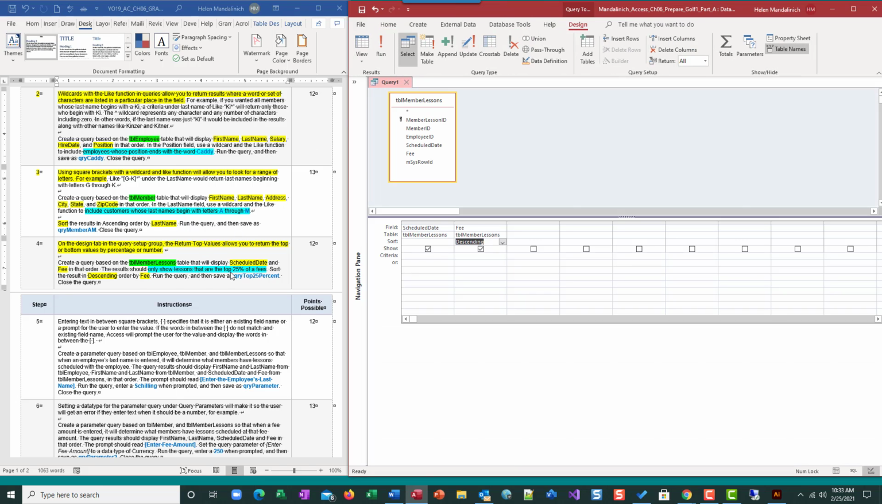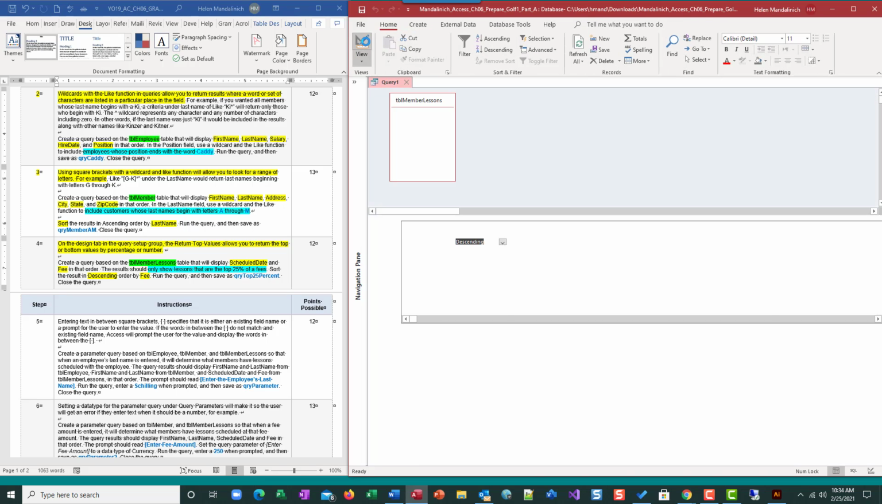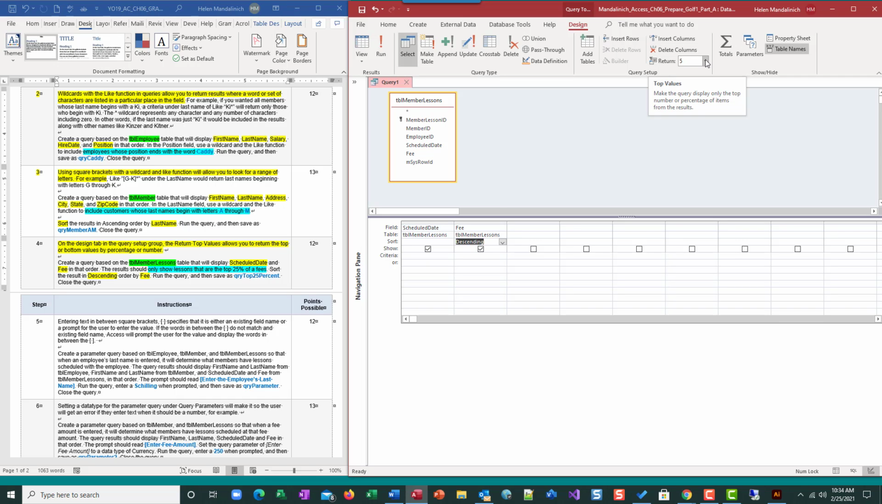So what we want to do is just look at the top 25% of the fee. Back here in our design, in the query setup, do you see this little return? The default is that it's set to all. But if I click that down, you can see that there are 2 different numbering methods that we can use. One is an absolute number. If I put 5 and I run it, it's going to bring me 5 because I'm saying explicitly 5,